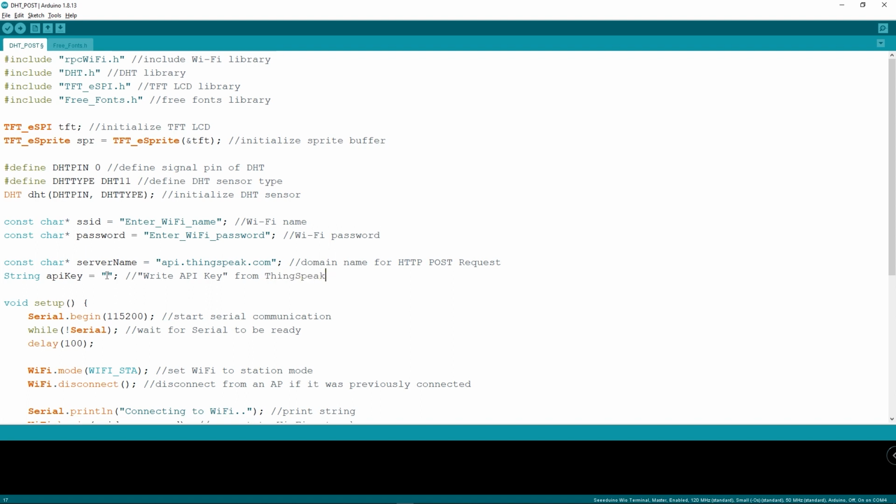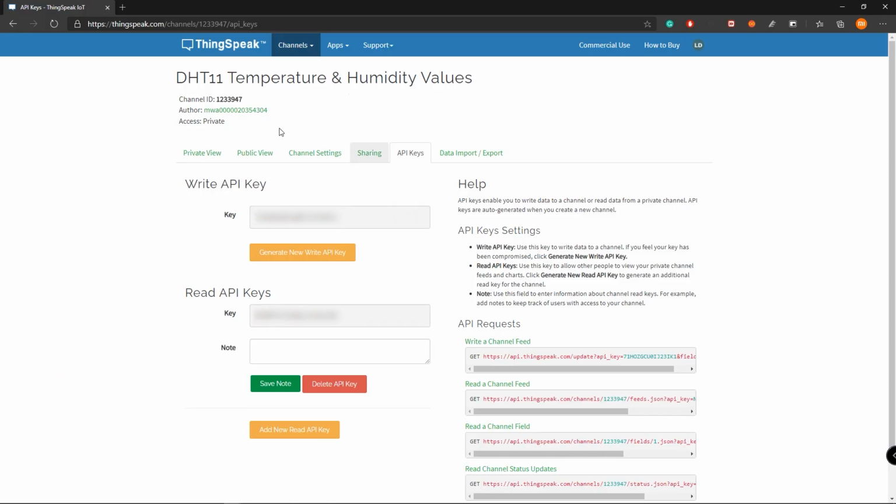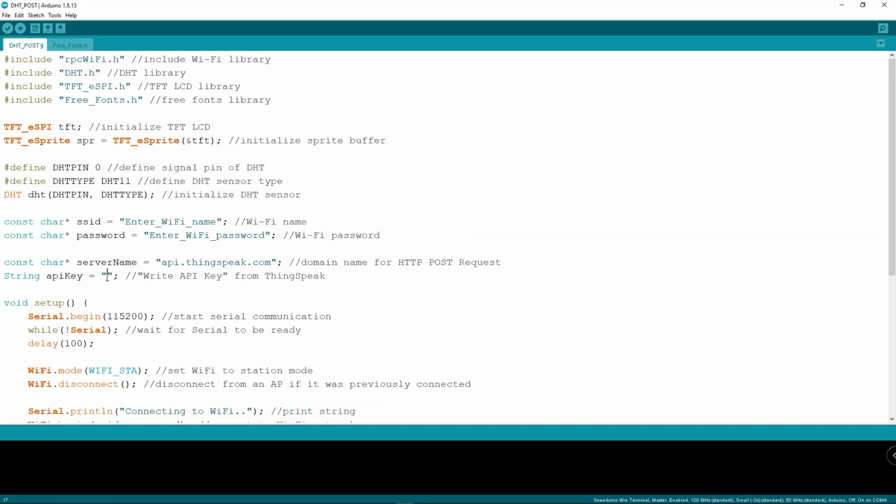So here you need to enter the write API key from ThingSpeak to send the data to the ThingSpeak server. So before I have shown you this, so let's copy this API key and paste it inside here.